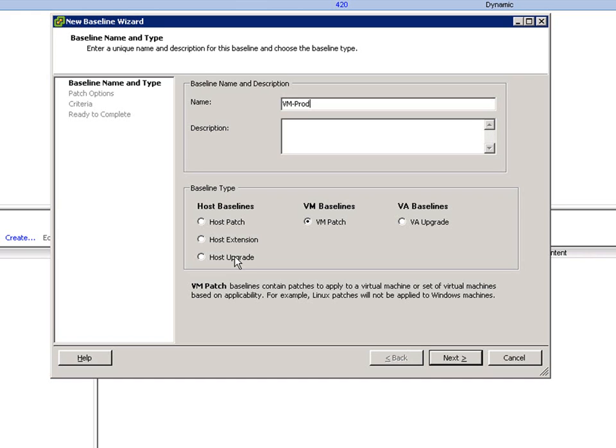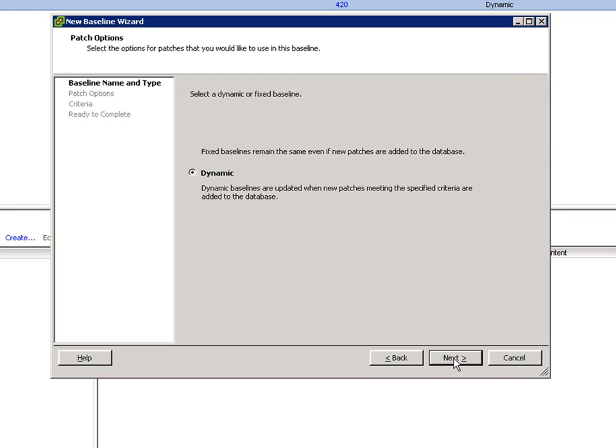Or if tomorrow morning there's a new version of ESX5 for example, and you're on ESX4, then you can use that as a way to upgrade. So we're going to stick with that. We're going to click on next. Now you have 2 types of baselines that you can select. You can select a